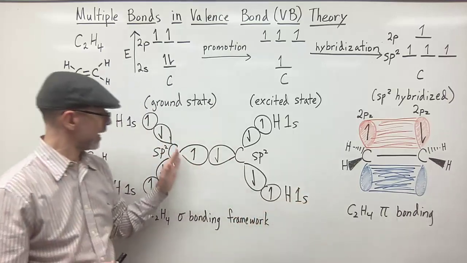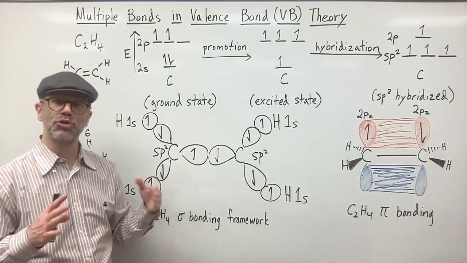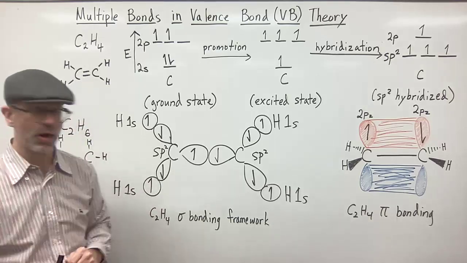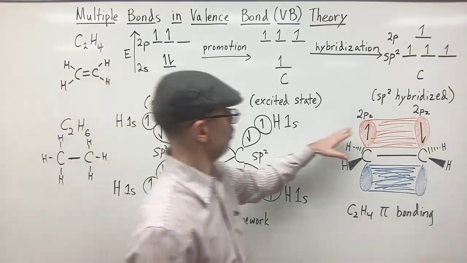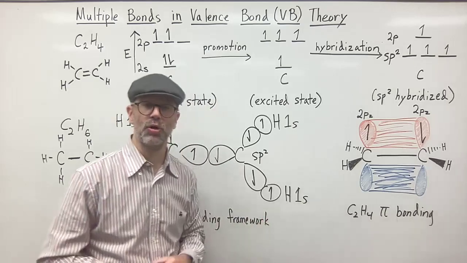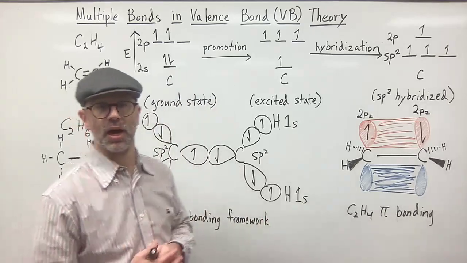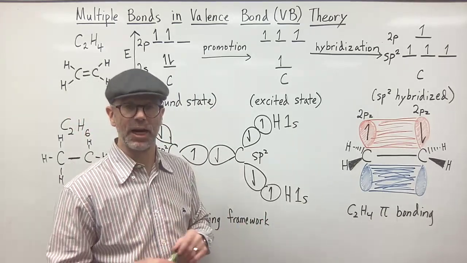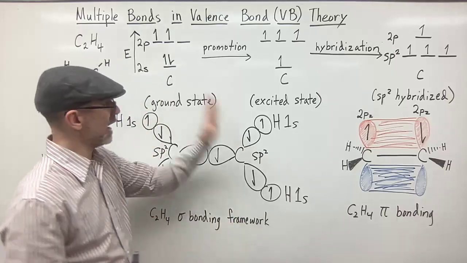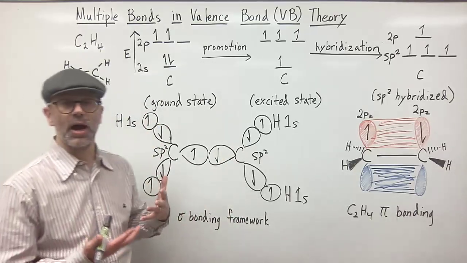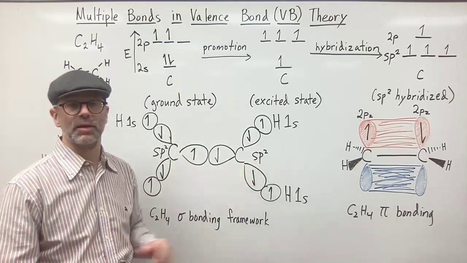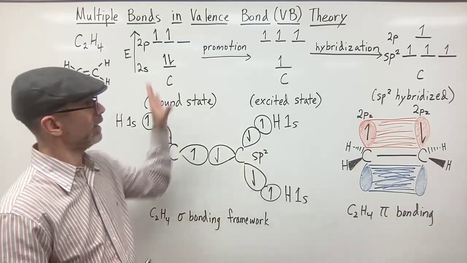One is a sigma bond due to the overlap of the sp2 hybridized orbitals, and another one due to the overlap of the unhybridized p orbitals that are singly occupied by valence electrons. And so this is how we can explain the bonding of multiple bonds in a molecule due to valence bond